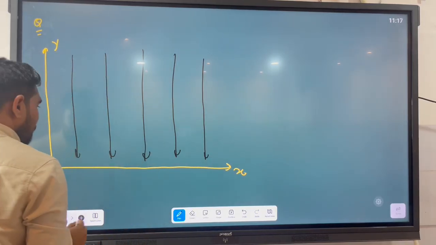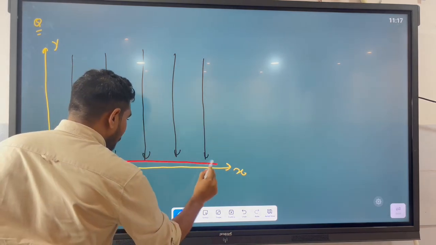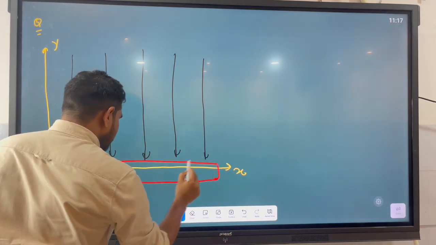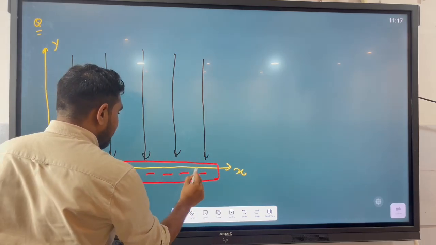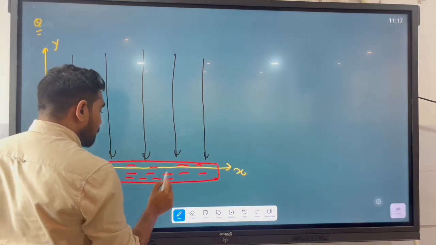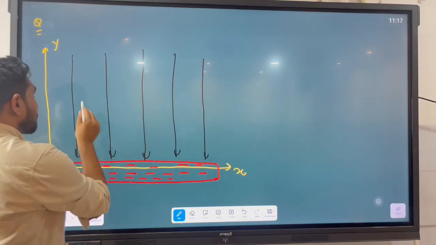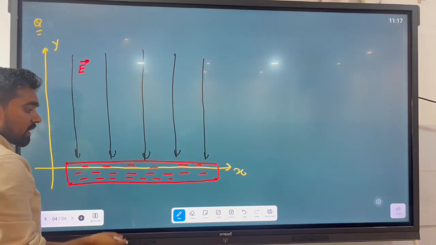This is the value of the electric field, with negative charge uniformly distributed as shown. The electric field vector E acts vertically downward,